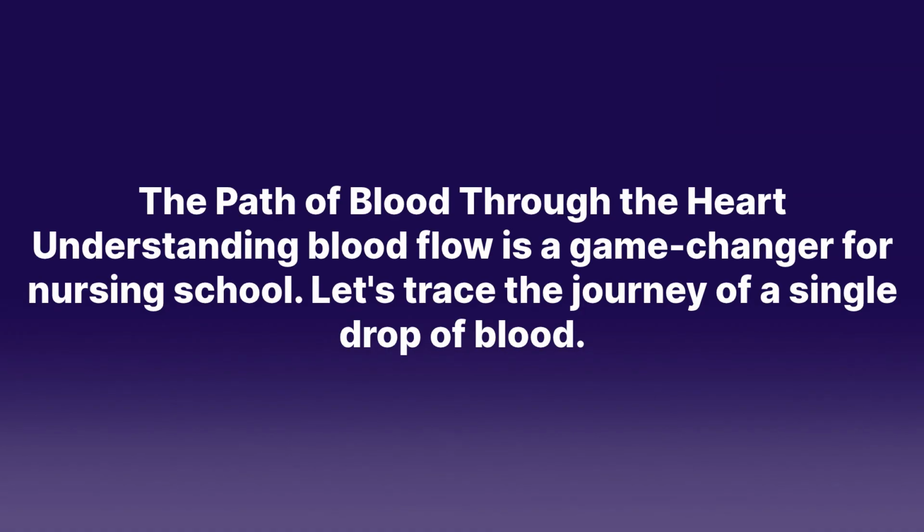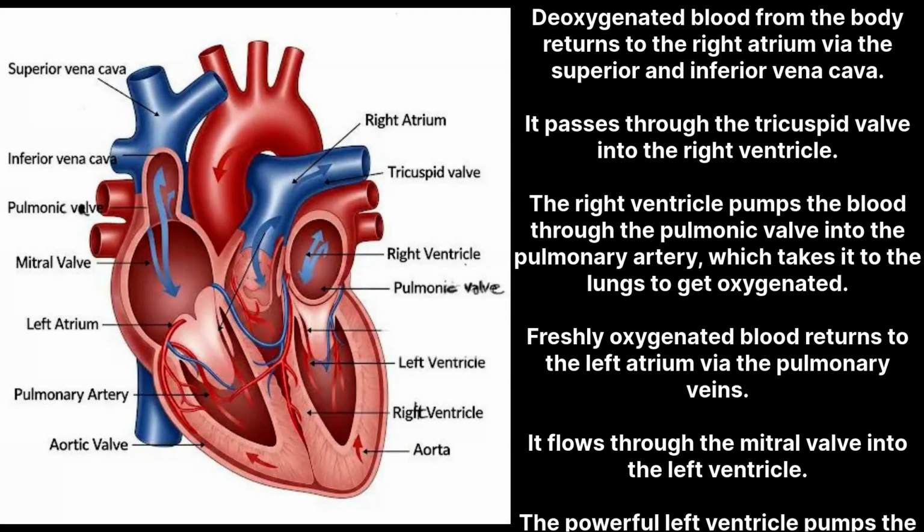The path of blood through the heart. Understanding blood flow is a game changer for nursing school. Let's trace the journey of a single drop of blood. Deoxygenated blood from the body returns to the right atrium via the superior and inferior vena cava. It passes through the tricuspid valve into the right ventricle. The right ventricle pumps the blood through the pulmonic valve into the pulmonary artery, which takes it to the lungs